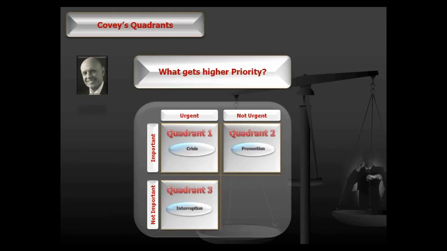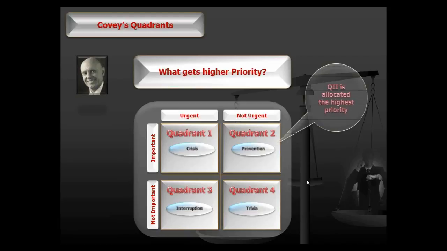Quadrant 3, the not important but urgent tasks, are typically disruptive tasks. And quadrant 4, not important and not urgent, are trivial tasks. And typically we would just ignore quadrant 4. But Stephen Covey points out that in order to organize and execute around priorities, quadrant 2 needs to get the highest priority. If we don't give quadrant 2 the highest priority, quadrant 2 tasks will move into quadrant 1,